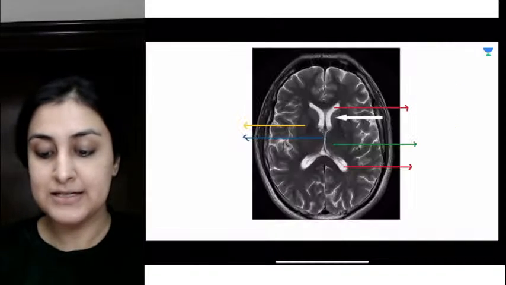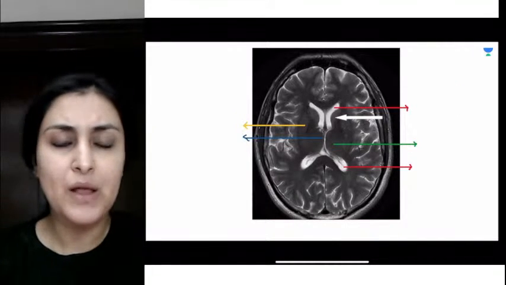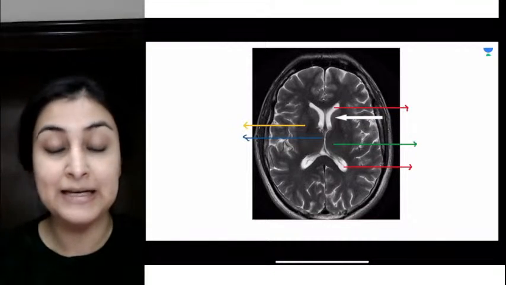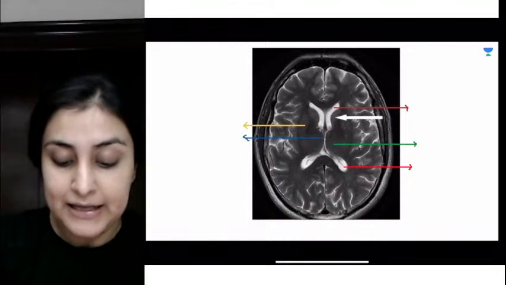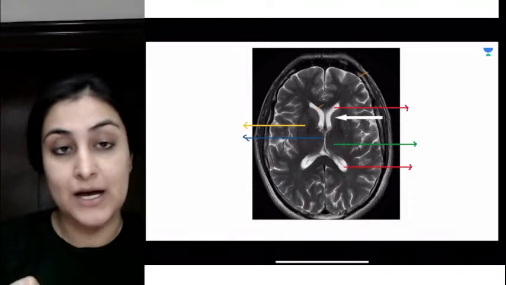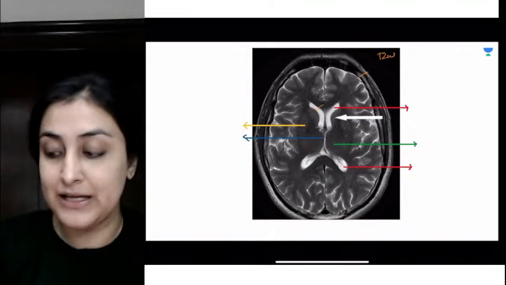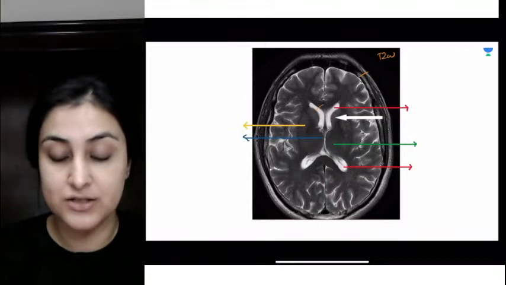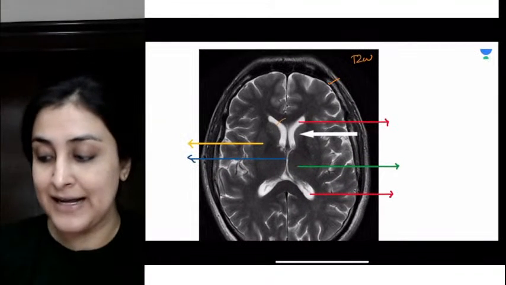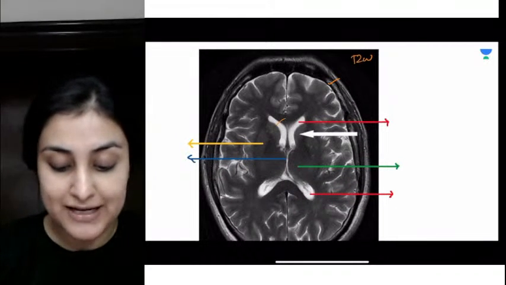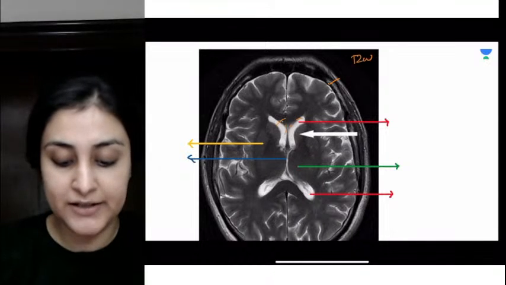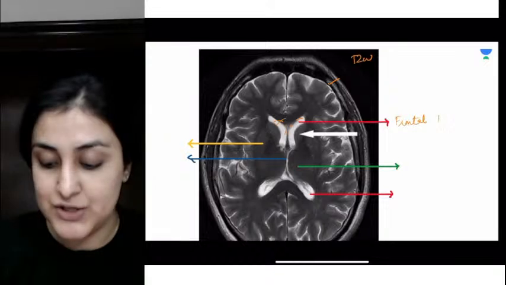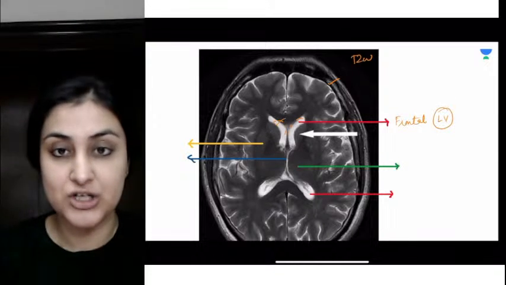Okay, so this is CT venography. One more very important image for FMG entrance that is asked very frequently. T2 weighted MRI. Water is white, bones are black. T2 weighted MRI image at the level of basal ganglia, at the level of lateral ventricles. What is the first red arrow showing, guys? What is the first red arrow showing? These two horns here. We have the frontal horns of the lateral ventricle, right? So these are frontal horns of lateral ventricle.